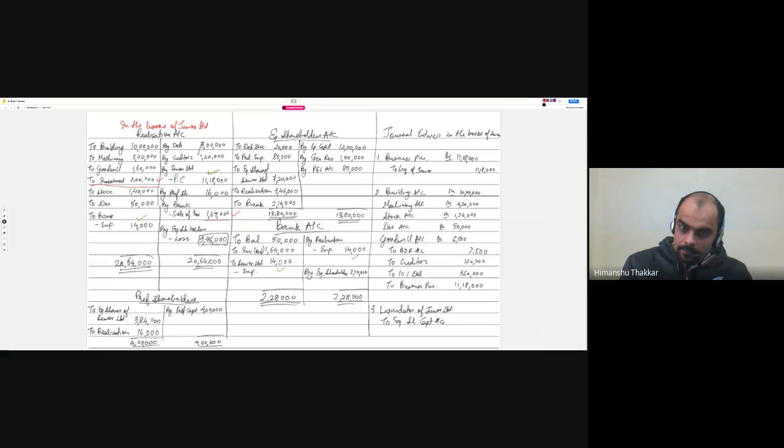The 11 lakh 18,000 is the amount that you are paying in the form of equity shares worth 11 lakh 4,000, and for expenses you are paying to bank 14,000. So that's it. So this was the sum. Okay. Now I just want to discuss